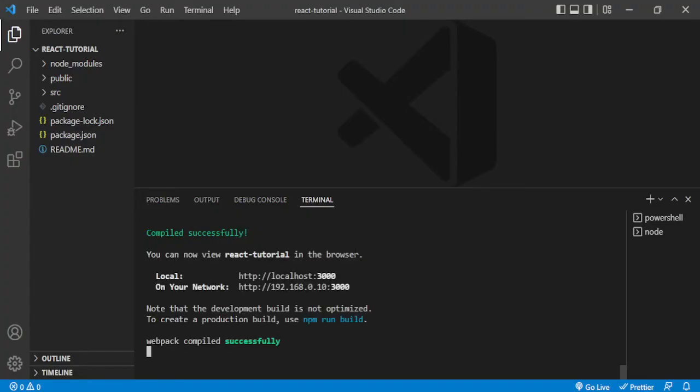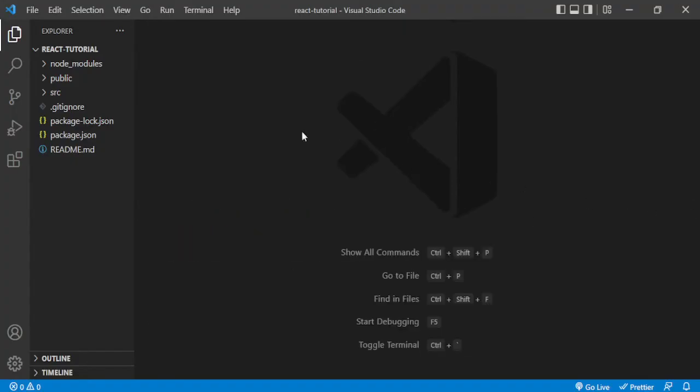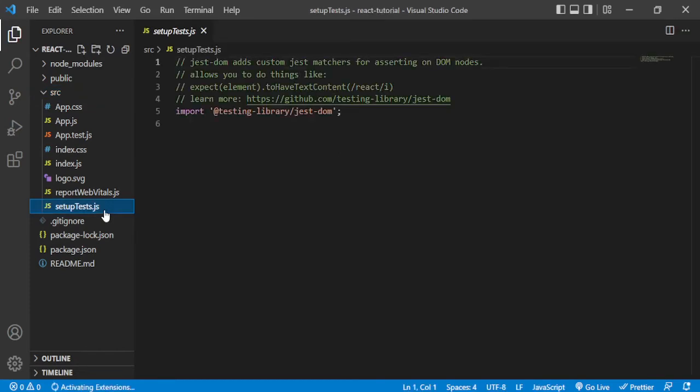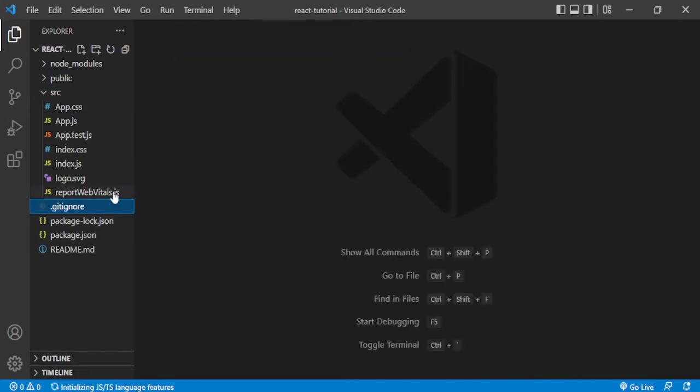I'm going to give you additional things that you need to do, not necessary, but just to make things clean. What I usually do is that I remove or delete the useless files. So setup test, we don't need a test. Report file, we don't need that. And you can either